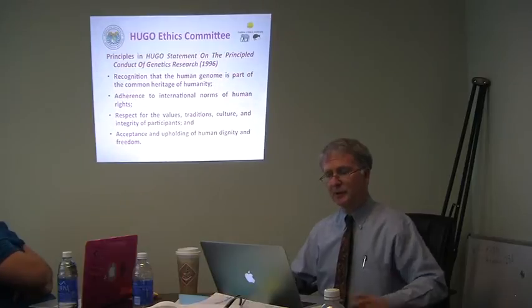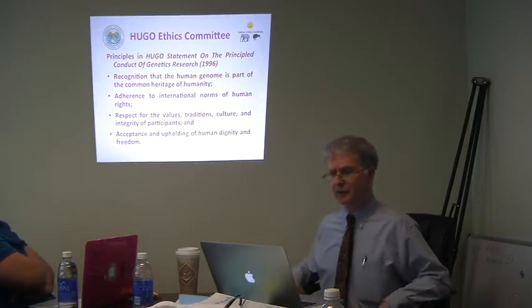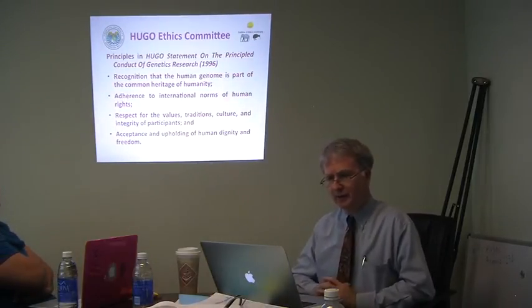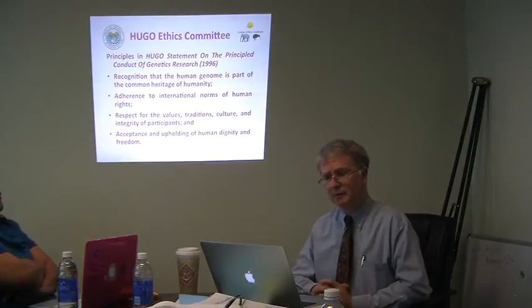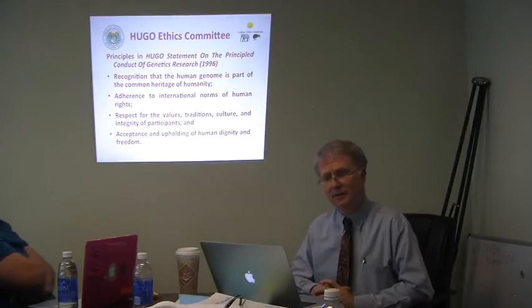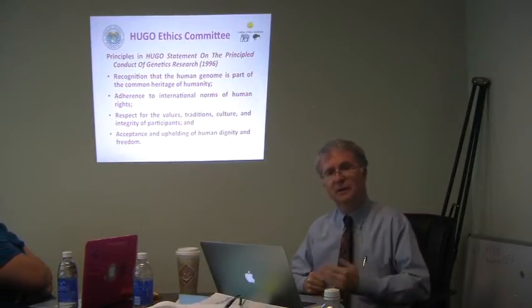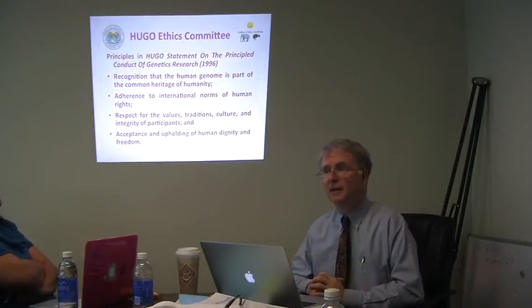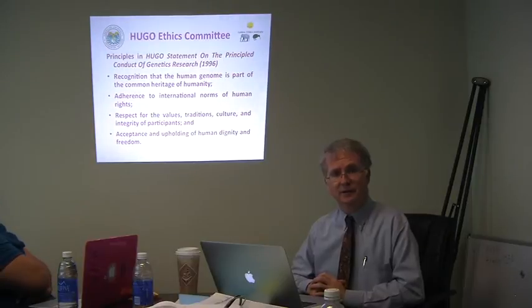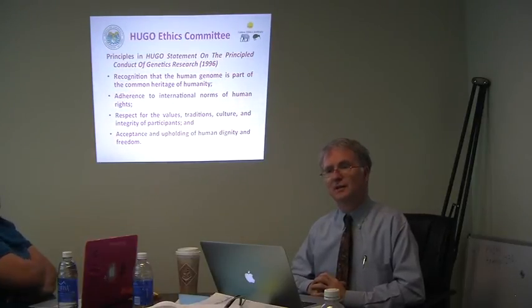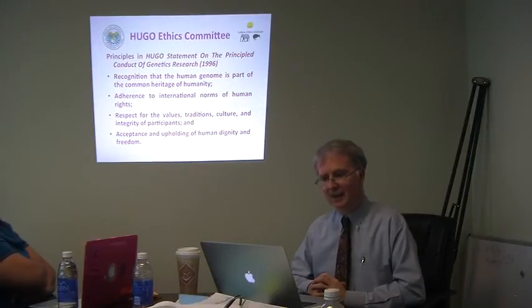In the principles of the HUGO statement on principal conduct of genetic research, we see recognition of the human genome as part of the common heritage of humanity. And this actually was an initial statement in the drafts, the 9 drafts of the Universal Declaration of Human Genome and Human Rights. It was dropped, weakened substantially in the final adopted text, saying in essence, it's like the heritage